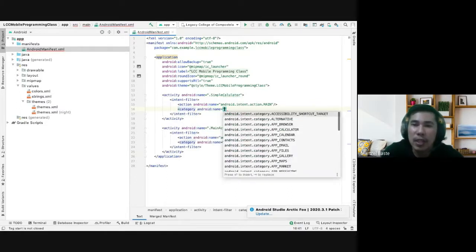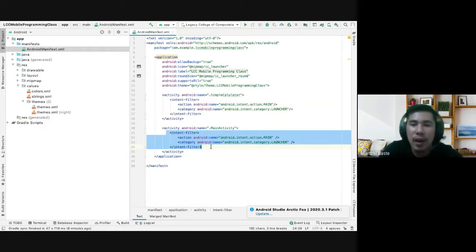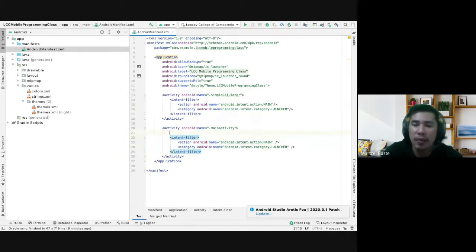All we need to do is assign this to be your launcher, and then close the tag. This time you can erase this one, or you can comment this one out. To comment in HTML, you'll have to have something like